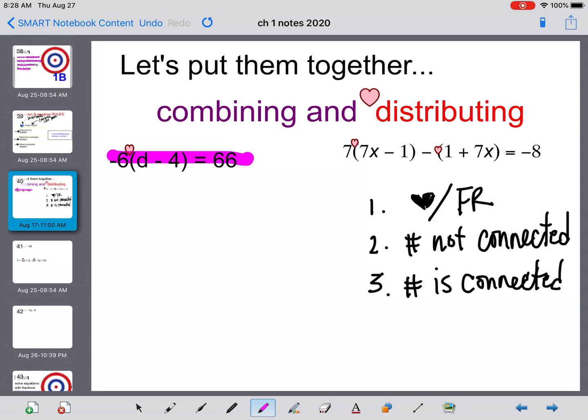And we're going to start by solving this equation that's right up here. So remember, the first thing that I do is share the love. And the way that I do that is I look for the term that is right out in front of my parentheses. And in this case, it's a -6. And the key here is always remembering to bring the sign along. And that's why I kind of like share the love, because I actually draw a little heart and I write a -6 above each of my terms inside my